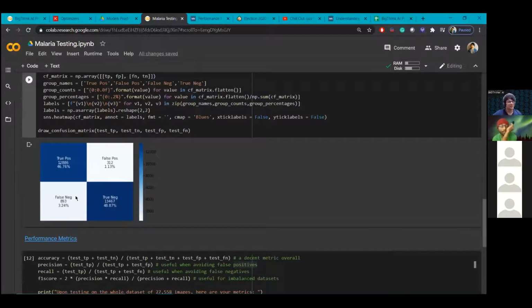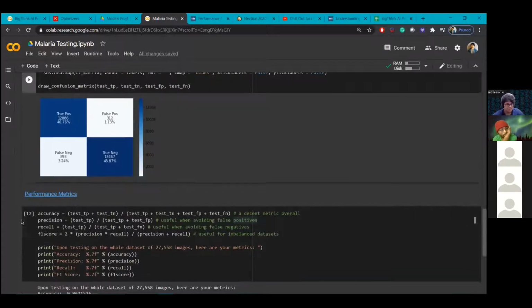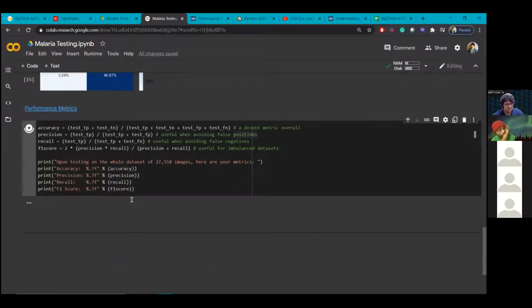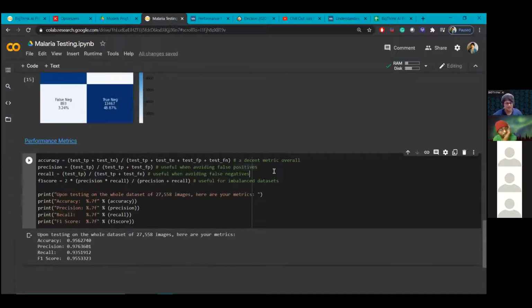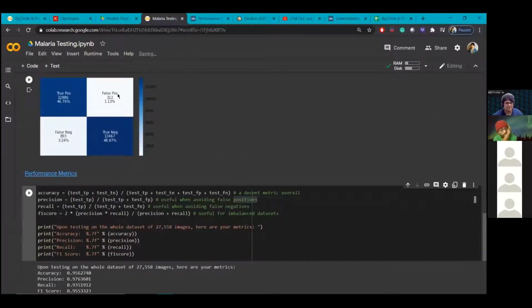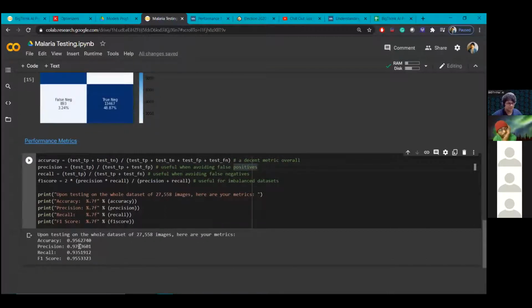Okay, so the loss here was 0.13. We seem to have quite a few false negatives. Not that many, but quite a few. And that seems to have come out of true positives. So your precision is really high, right? And that's because your false positive rate was pretty low. So your precision score was really high, but when it came to recall,